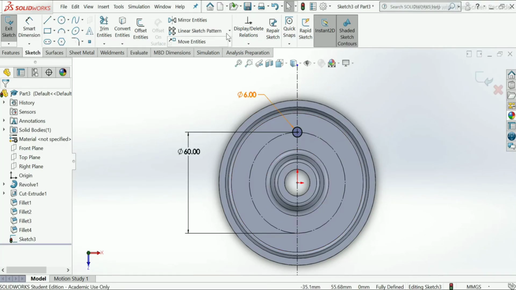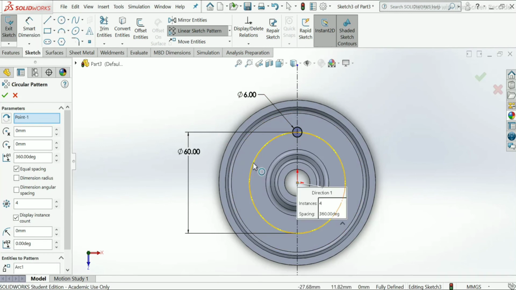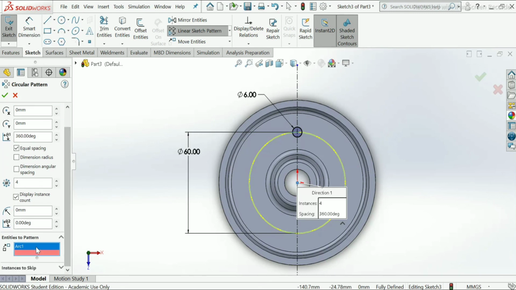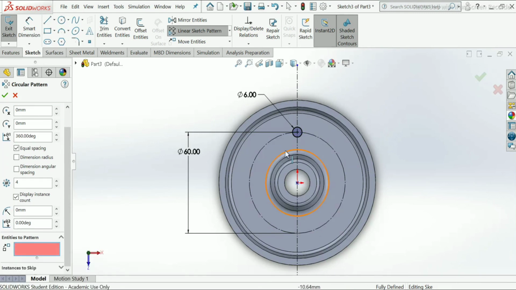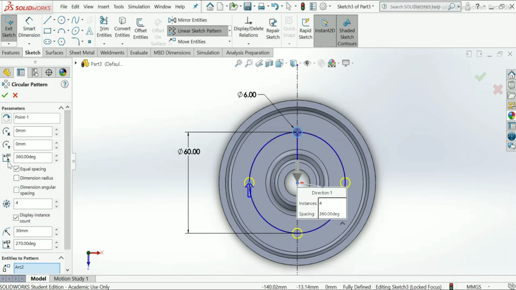So I will choose circular sketch pattern from the linear sketch pattern. Choose circular sketch pattern. Axis will be this. And choose this sketch geometric circle. Angle will be 360 degrees only. Click OK.